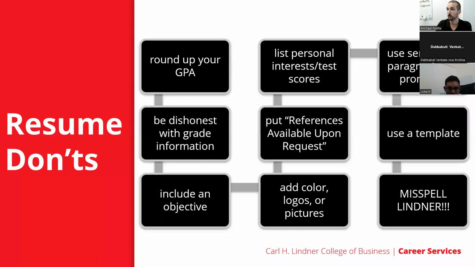A few of the other things, listing personal interests, things like that. It's a great thought, right? Because I understand the rationale behind that. A lot of people are like, well, I want them to know more about me than just my work history and stuff like that. It's like, that's great. Network with them, interview with them, make sure that's your opportunity to do that. The resume is a snapshot. It's only supposed to capture a certain set of things, and there's not really a place for personal interests on the resume. If you want them to know that about you, network with them, meet them, take them out to coffee, things like that.